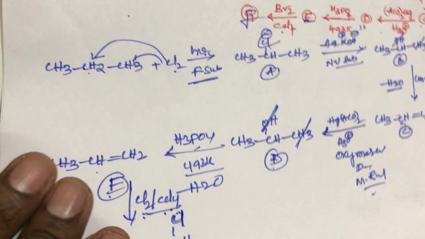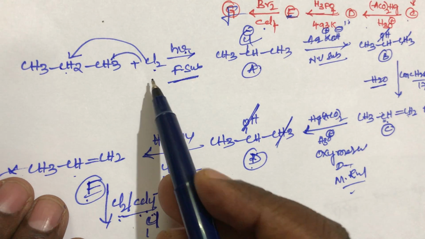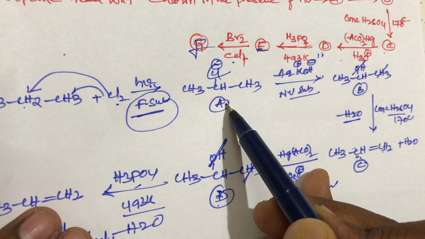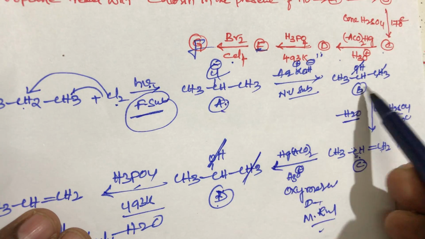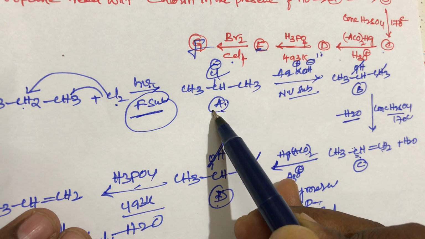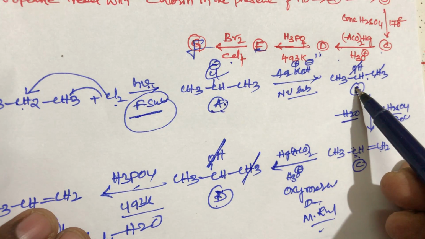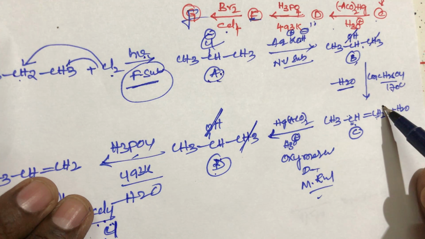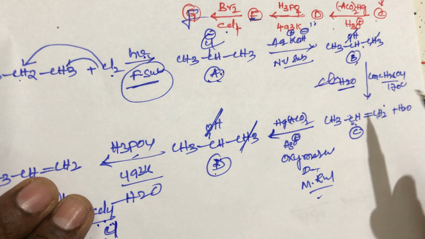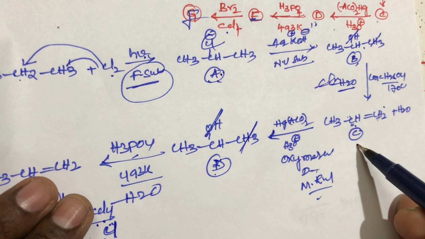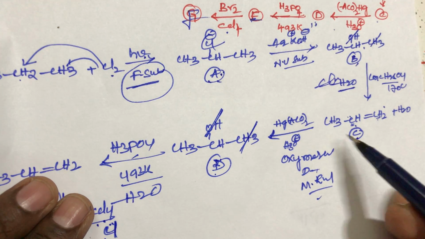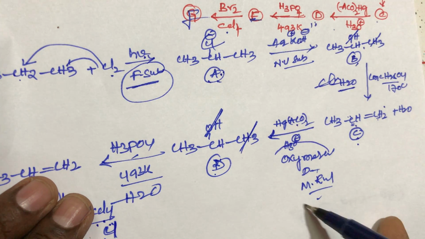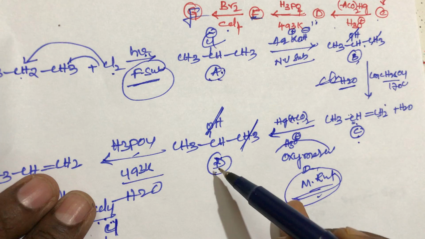So in the first step, propane reacts with chlorine in the presence of sunlight, it is a free radical substitution mechanism. Then A compound, 2-chloropropane, is converted into B compound, 2-propanol, which is a nucleophilic substitution reaction. And this B compound reacts with concentrated H2SO4 at 170 degrees, it undergoes elimination reaction, that is dehydration, to get C compound. When C compound reacts with mercuric acetate, it belongs to oxymercuration, demercuration. So it follows the Markovnikov rule.